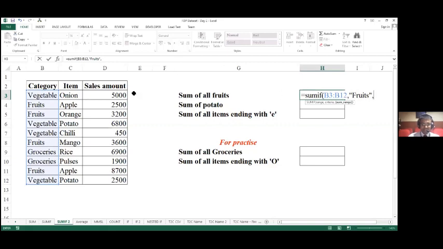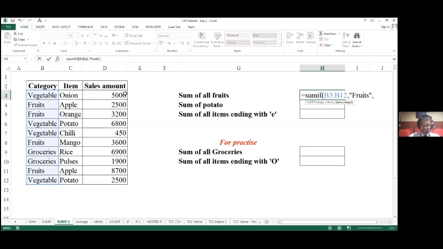Excel will have to total up the values in a different column. In the previous example, we defined the criteria and wanted Excel to run the summation in the same series. But here, what I'm desiring is that Excel has to look through the series B3 to B12, identify the fruits, but it has to not total this; it has to total this part.